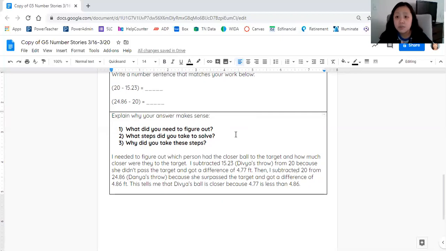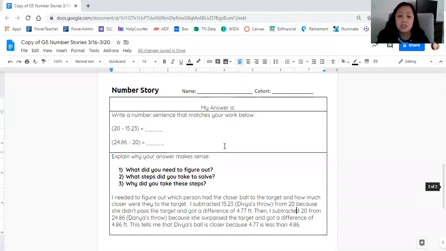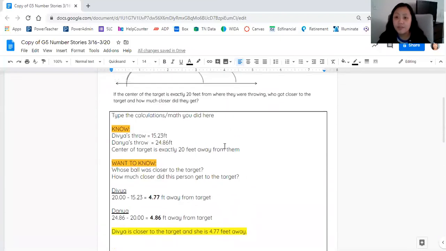I know when Ms. Hang did this problem the first time around, I got it wrong because I assumed what the question was asking me, and I didn't actually catch that second question of asking how far did that person throw. But if you're doing the math behind it, right, if I'm finding out these values, it's more likely not going to be important to what we're doing, and it was. So I had to go back and I saw where my mistake was, and I was able to fix it from there, right? So I hope in your work that you're continuing to put this level of thought behind it